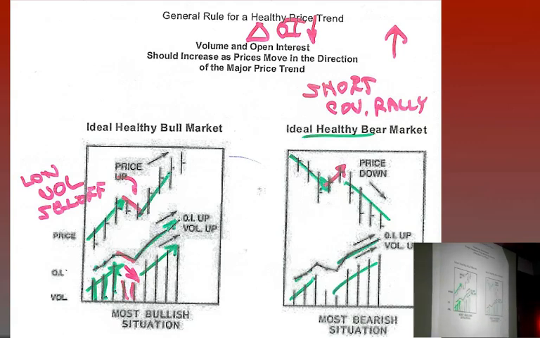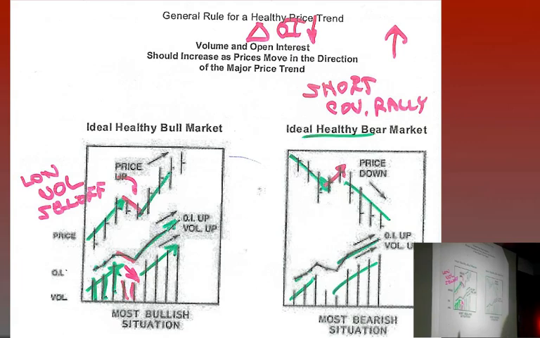Well, we all realize the price doesn't go up every single dealing session. From time to time, even in a long-term bull market, there's going to be adverse moves against the direction of the major price trend. So what you would expect to happen, if there's no urgency created in the marketplace, because volume is a measure of urgency, is the volume would come down. This is the proverbial low volume sell-off. And a low volume sell-off for a technician is bullish. It's telling the technician that the direction of the trend is still, in this case, up.